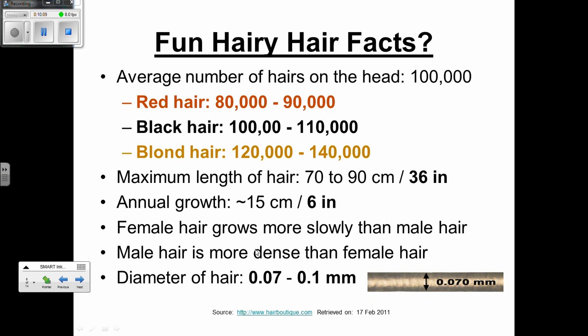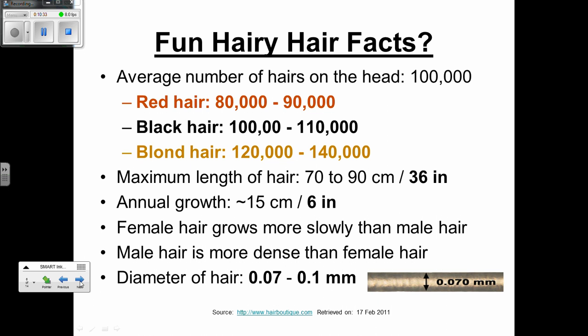Guy hair is typically more dense. This is the one that throws me off. More dense than female hair. That one surprises me. And then I look around and I look at some of the guys in here. You know what? That makes sense. You have some pretty thick hair. And the diameter of a typical human hair is usually no more than 0.1 millimeters. That number seems a little small, but